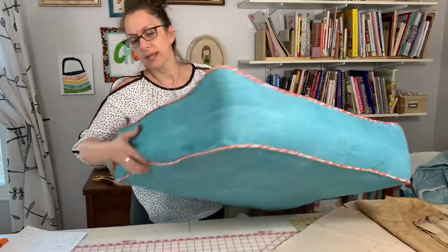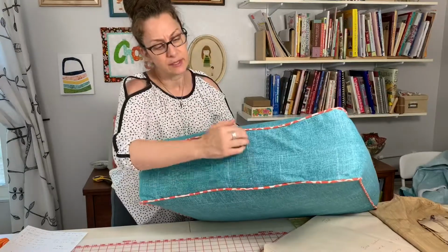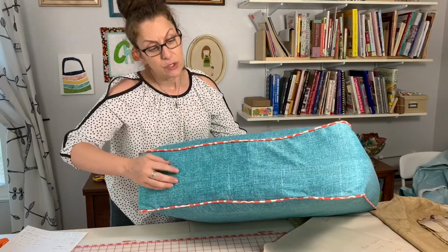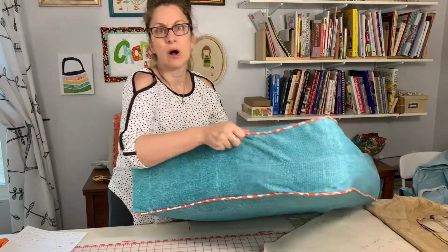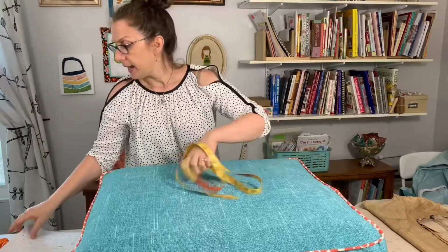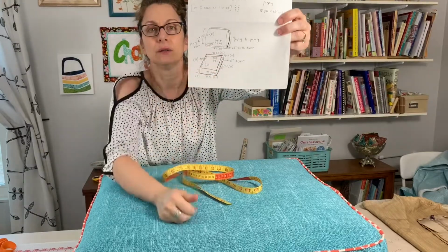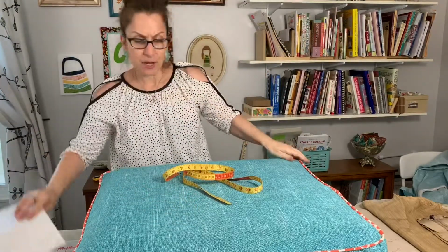But when I look at it, there is a seam right here. And there's another seam right here. So I want to get measurements of all of that fabric, and I want to sketch it on here where that looks. Now, the top cushion